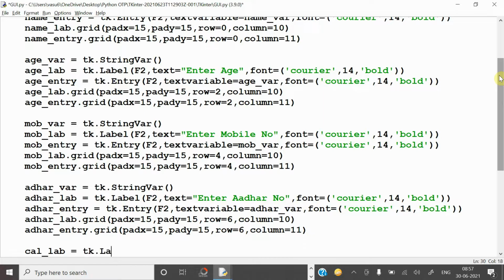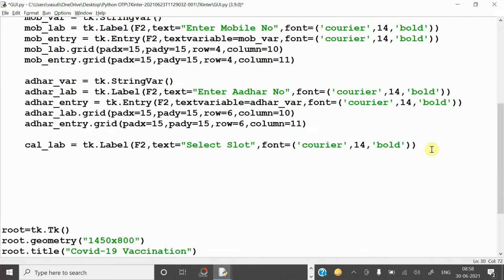Same like earlier, tk dot label, and on which frame it should be there, frame 2, and you have to keep the text equal to select slot, meaning on which date you are going for vaccination. After that, you can give a font, meaning what style of font should be there. If you want, you can use the same font style. I'm going to use the same thing, just copy and paste. So almost the same as earlier.